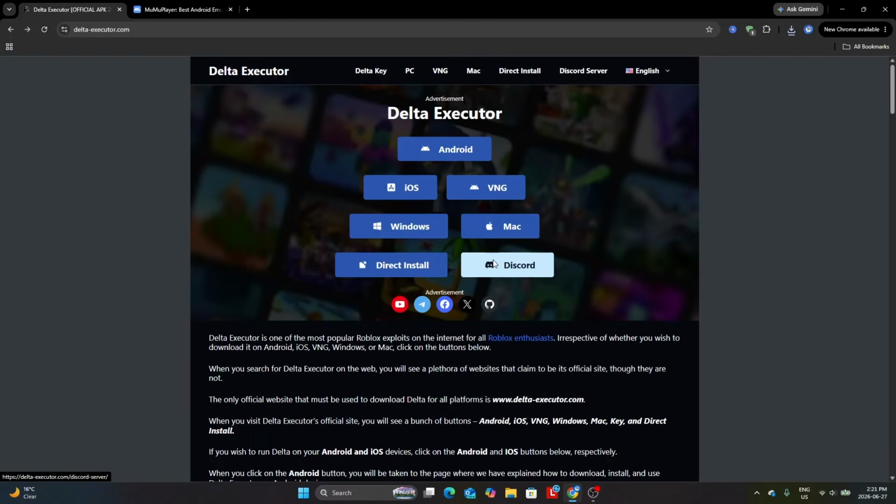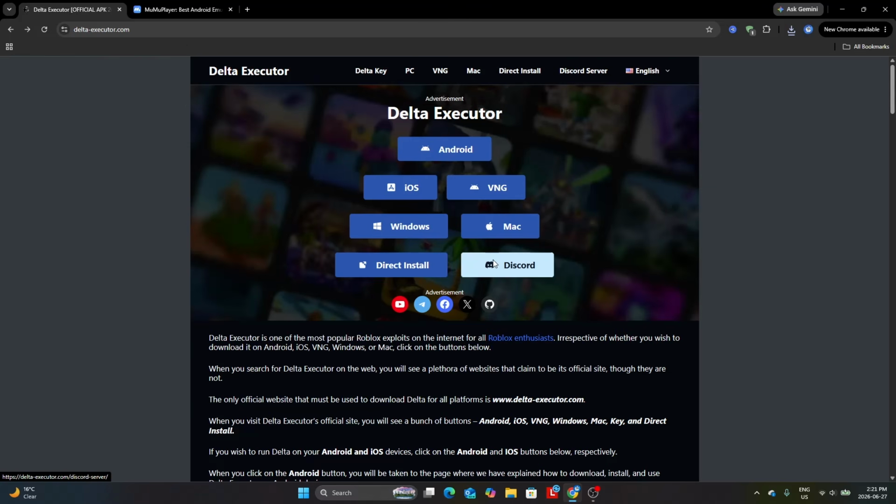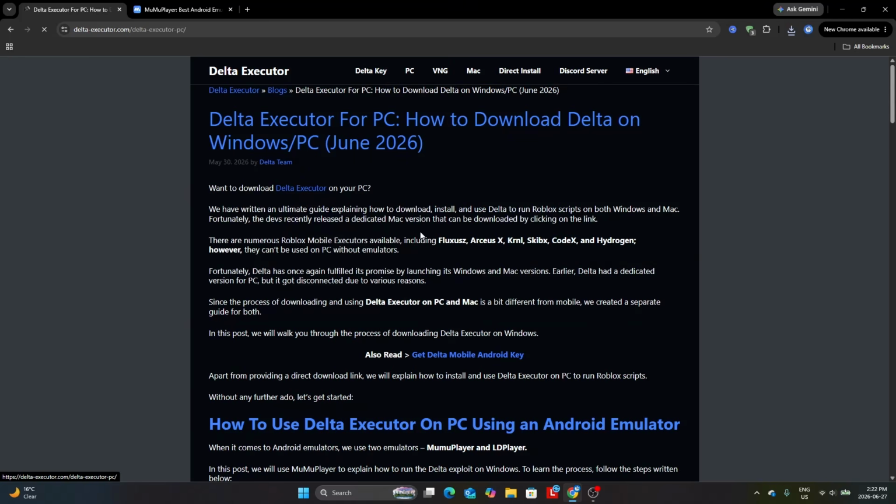In this video, I'll be showing you guys how to get the latest working Delta executor for Roblox on your PC. So this process is not too difficult and only really takes a few steps. The first thing that you guys have to do is go to the Delta executor website here, and what you guys are going to do is click on Windows over here. If you guys are on Mac, then just click on Mac here, but for this video just click on Windows,